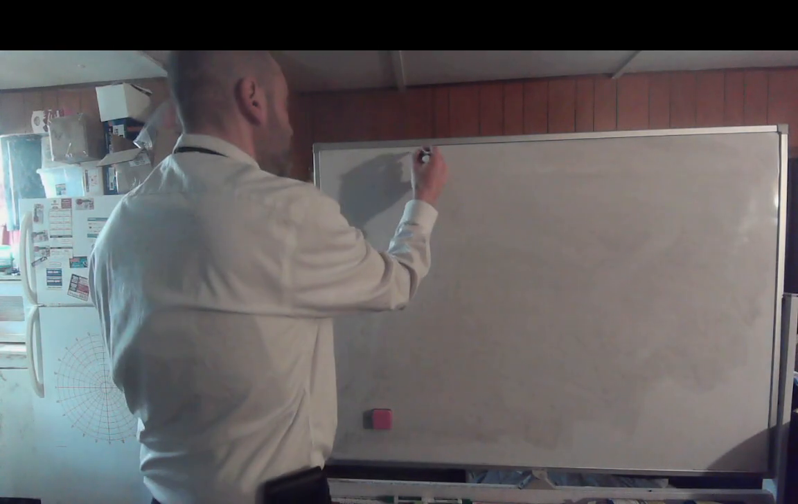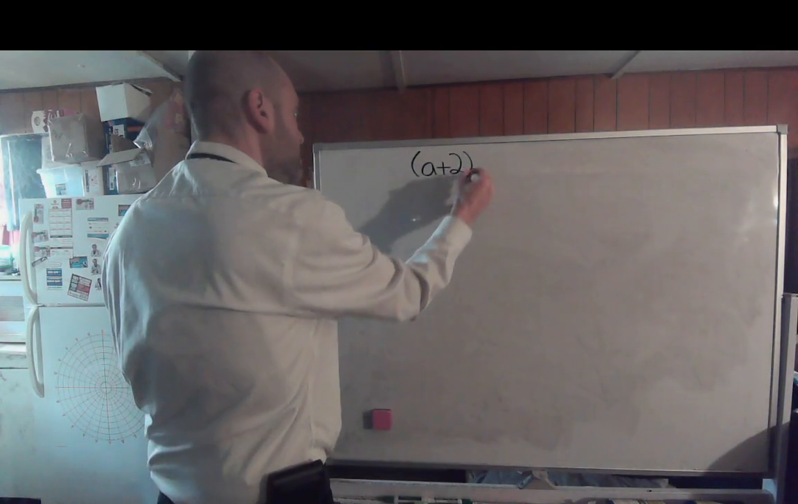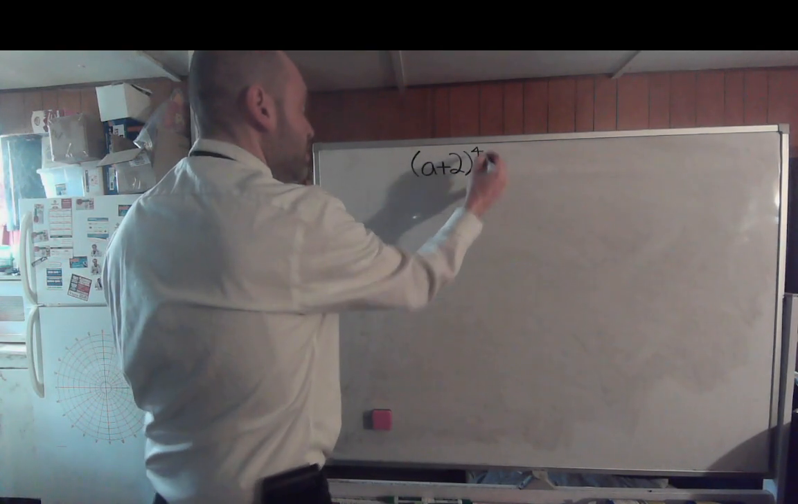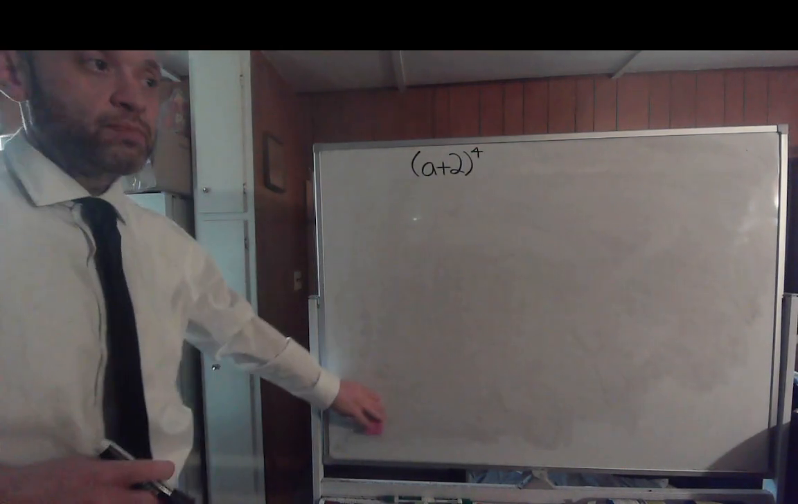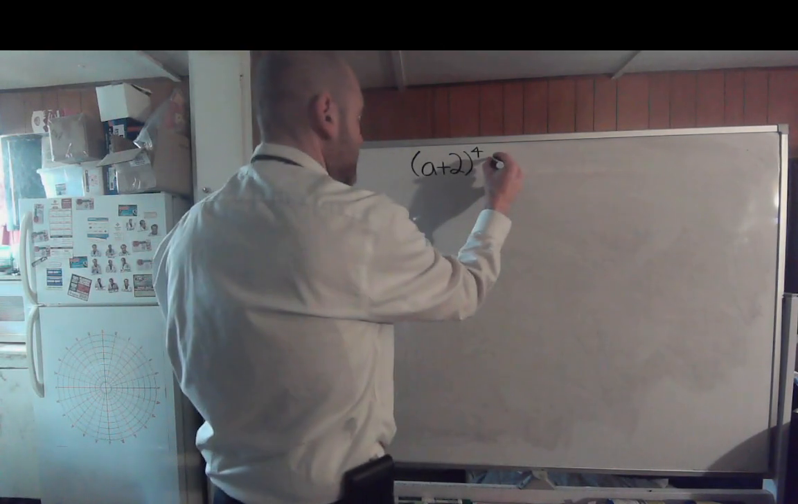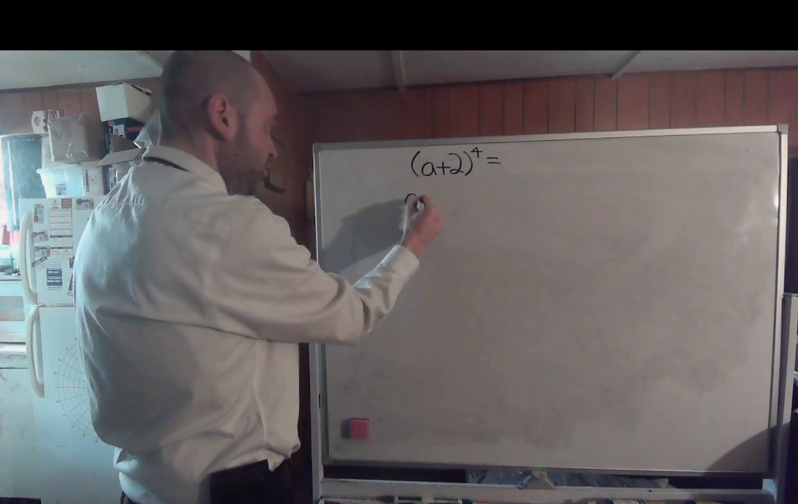I have another one here. This time we're going to do a plus 2 raised to the 4th power. So we're taking the quantity of a plus 2 to the 4th power. So what's that going to look like? Well, take your first term, your a, raise that to the 4th power,